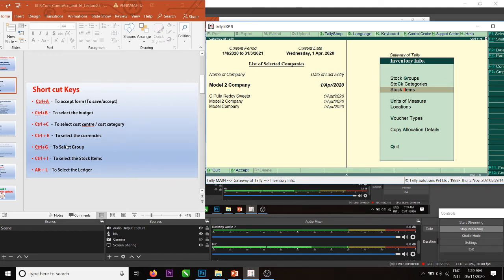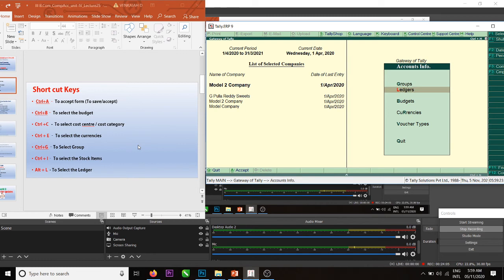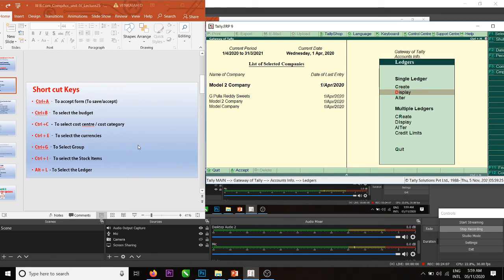Then coming to the currencies, select one, create one, ledger, changing the order.